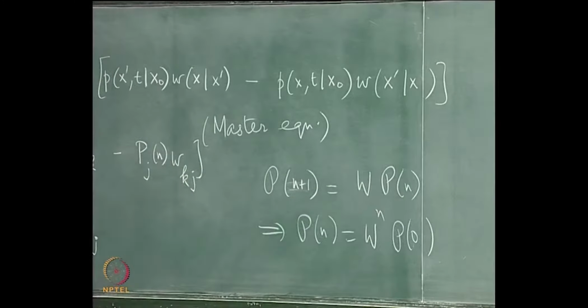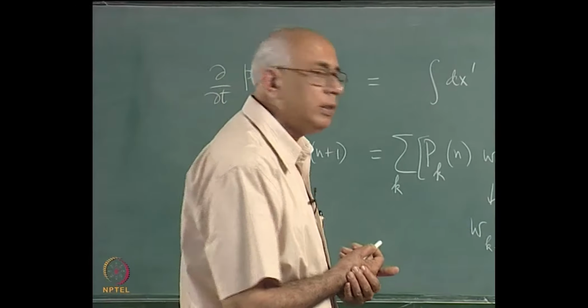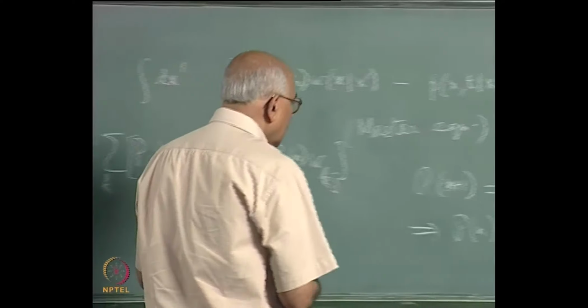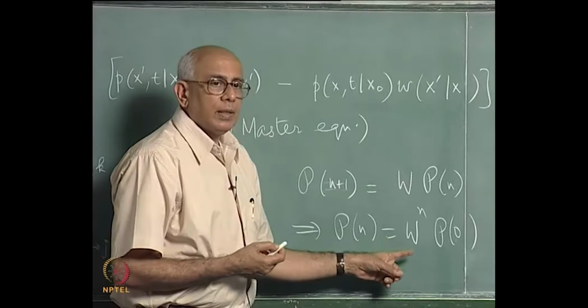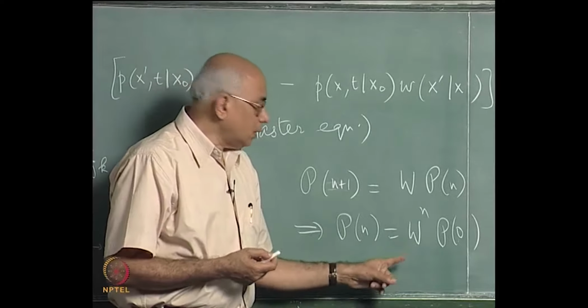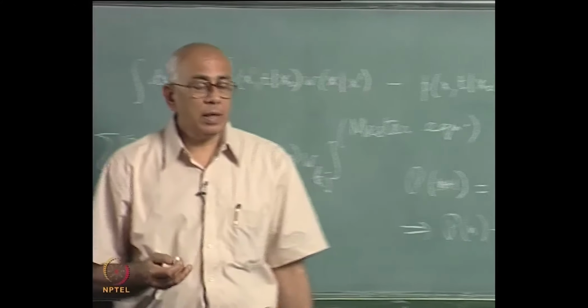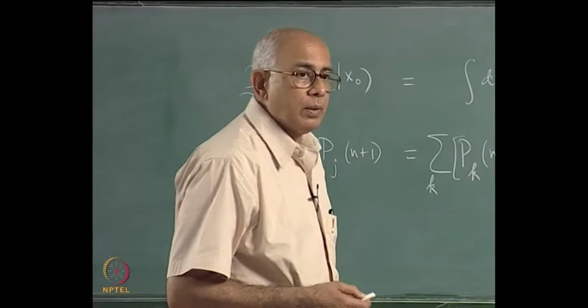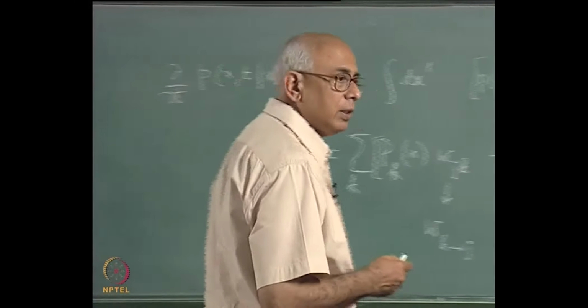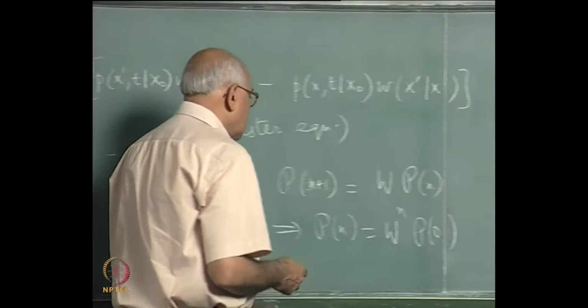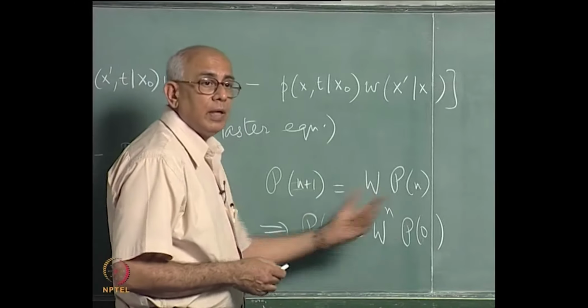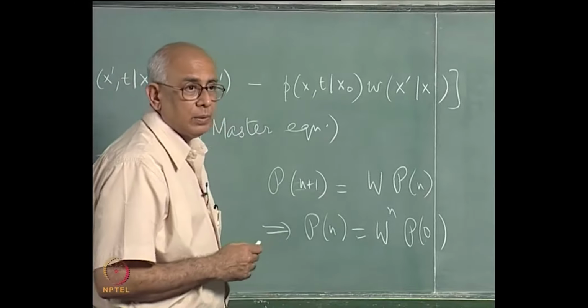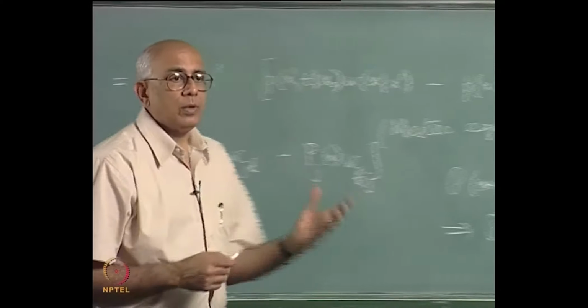Now the way to calculate the nth power of a matrix for large n, if this state space has some large number of dimensions, is not altogether trivial. What you do is to try to diagonalize this matrix, or at the very least, if you can't diagonalize it, bring it to Jordan canonical form, after which you can take its nth power without too much difficulty. So this is a problem in matrix algebra: to find out what Pn is, given any initial distribution P0. Let us look at a few examples.